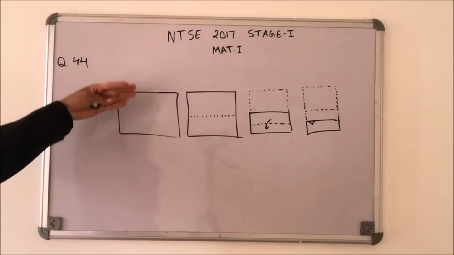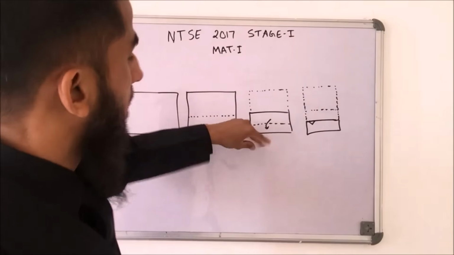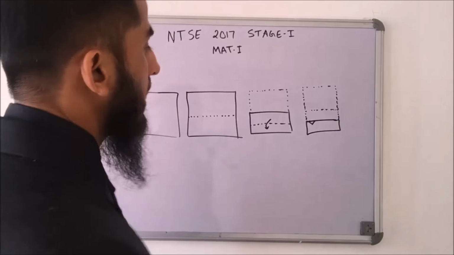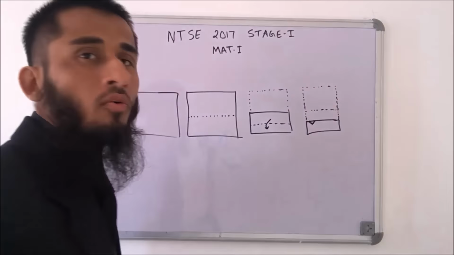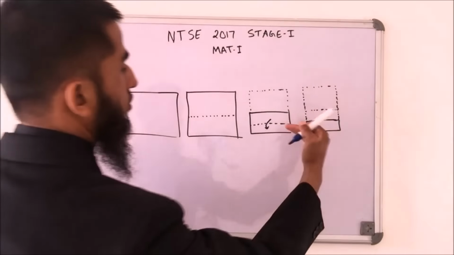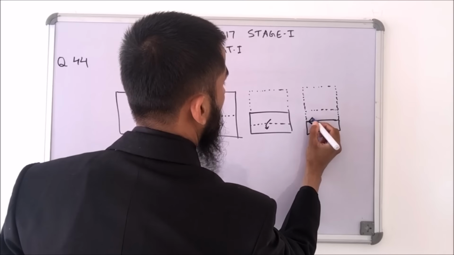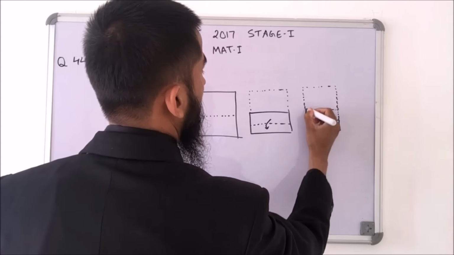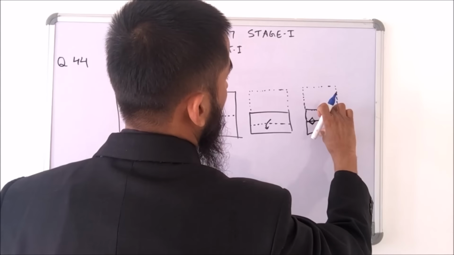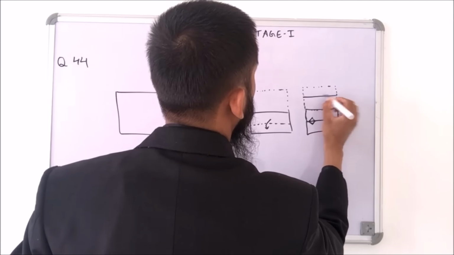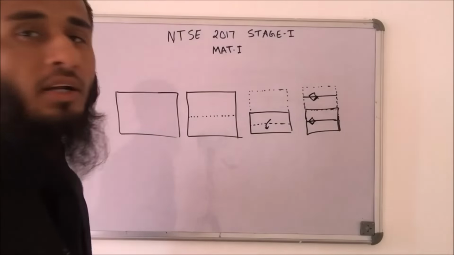In this question, I am folding the paper like this in half, then again half. So I'll get like this. Then a cutting is made like this. Now when I unfold, what will be the pattern? First of all, when I unfold again along this line, I will get a pattern like this. So I will get this half. When I again unfold this, I will get the image of this above. So this will be the image. So this is the correct answer.